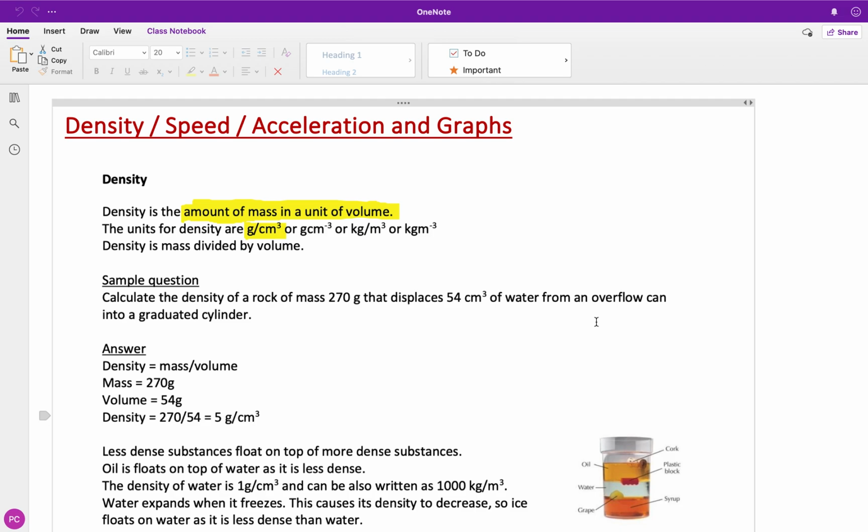So if you want to find density, you need 2 things. You need a mass, your weight and a mass balance, and a volume. So the way you put that into a formula is density